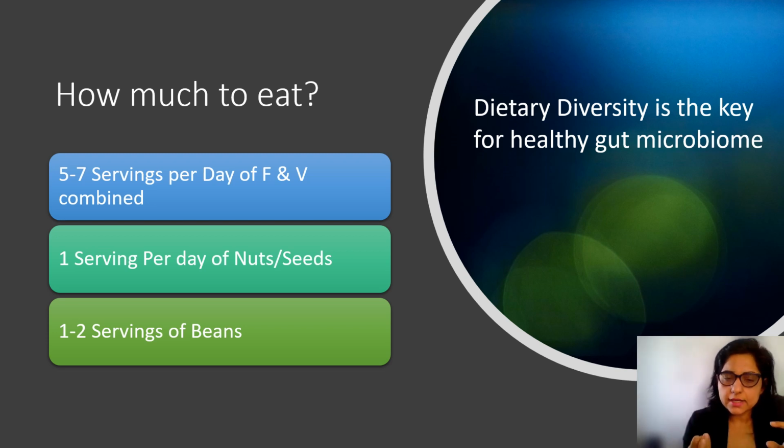Plus, you can add a little bit of salad with your greens and maybe some colorful tomatoes, bell peppers, and so on. So as long as you're having this rule that, okay, I need to have 5 servings per day of fruits and vegetables, you will be conscious about mixing your food and having colors in your plate. And for that, you can have it in raita, you can have it as a salad, if you're making a dal, you can add some spinach to it, you can add some lauki to it,